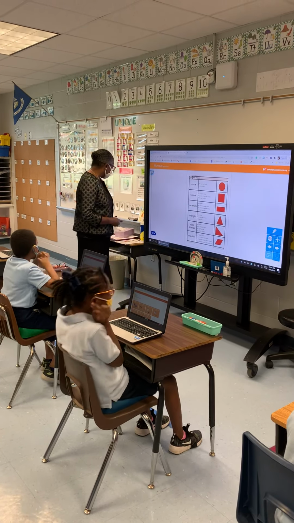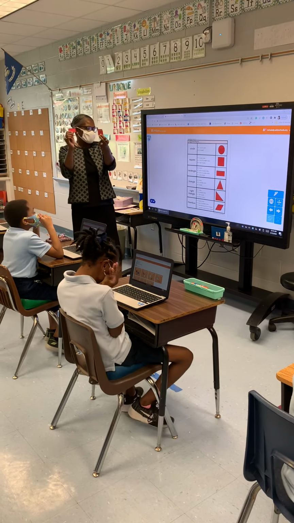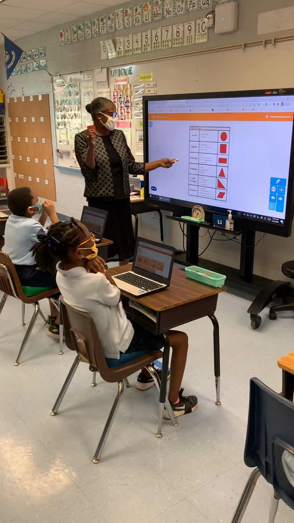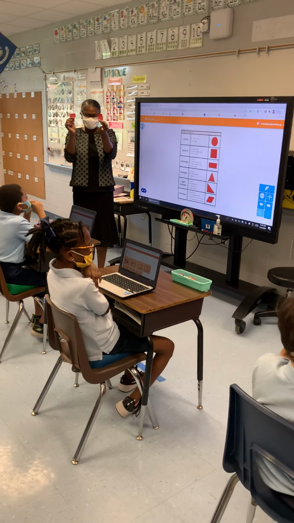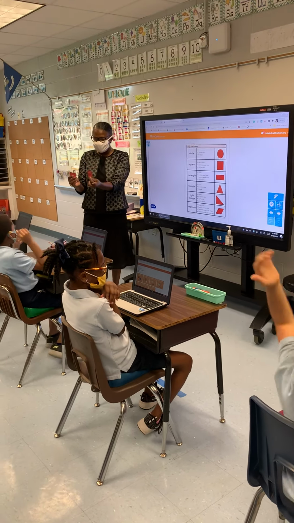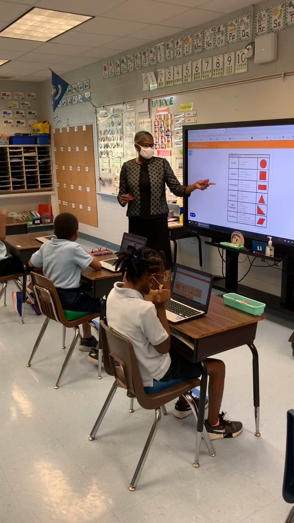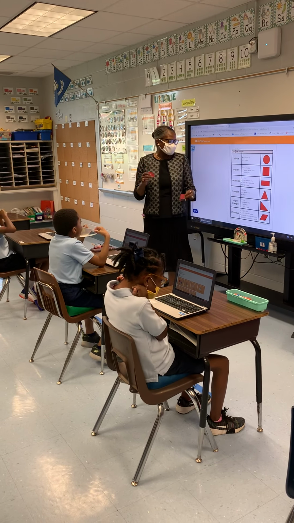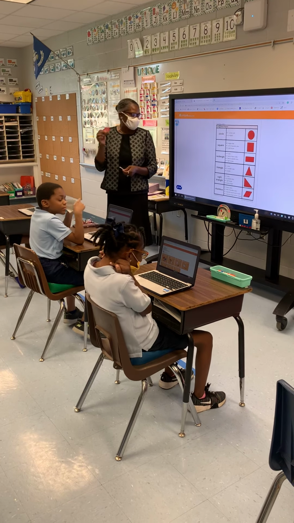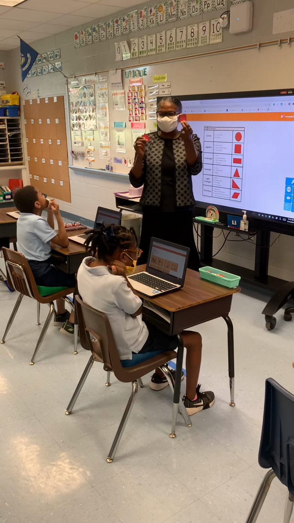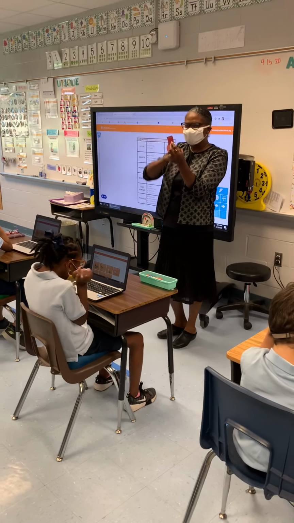Now the square and the rectangle, they both have 4 sides. Is that correct? Do they both have 4 sides? What do you think? Jacob, do they both have 4 sides? Yes. Awesome. They have 4 sides, 2 sets of equal sides, and then they have 2 sets of parallel sides. They have 4 angles. The difference in the square and the rectangle, the square has all 4 sides, or